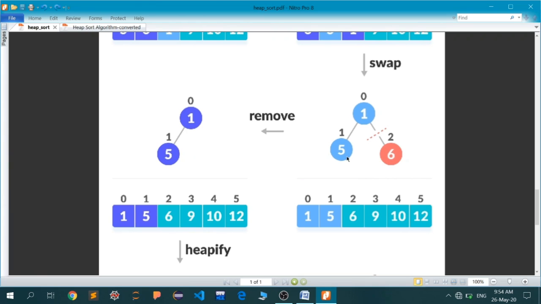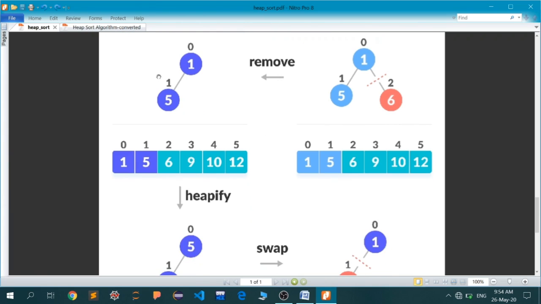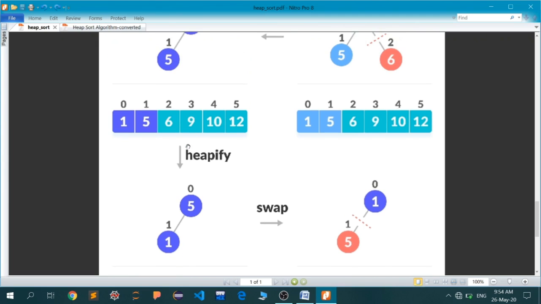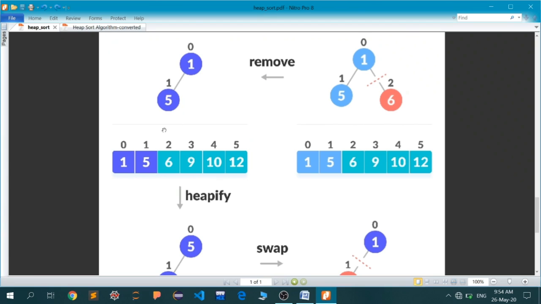Again the heapify function will be applied. 5 will go on the top, 1 will come down. Now these 2 will exchange places, so 1 will again come down, although it has already been done here, but the algorithm will not know.